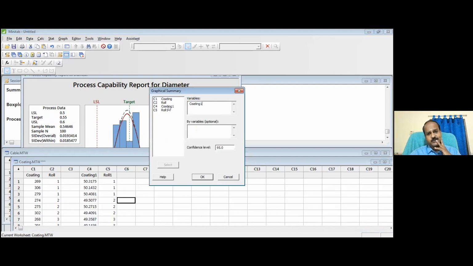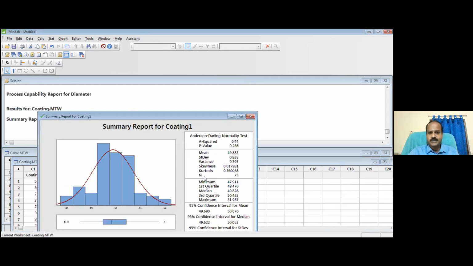My data is this one, coating 1, and I give OK. Now look at your data. Tell me, is it normal? Yes, looks normal. And if you still have a doubt, look at the p-value. It should be more than 0.05. Do you see it is more than 0.05? Yes. So it is normal.